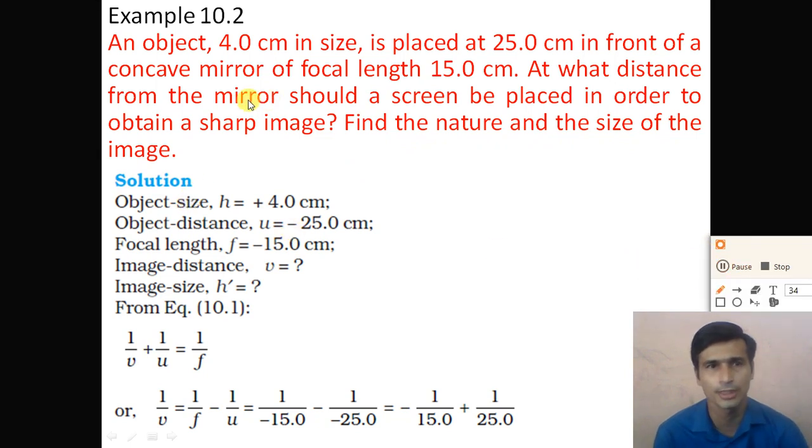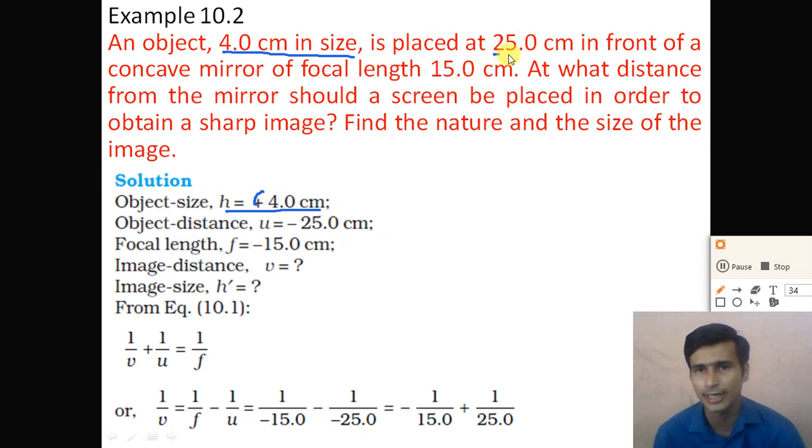So dear student, here the size of the object is given to you, 4 centimeter. So object height h we take as 4 centimeter. Why do we take this plus 4 centimeter? The object is placed above the principal axis, and the height above the principal axis we take as plus. So we take the height of the object h is equal to plus 4 centimeter,